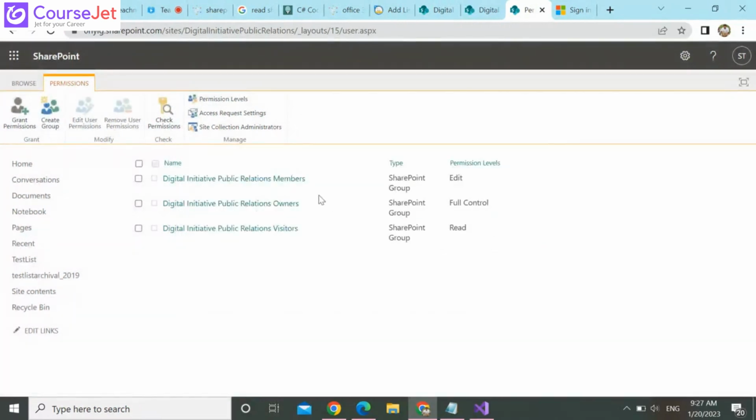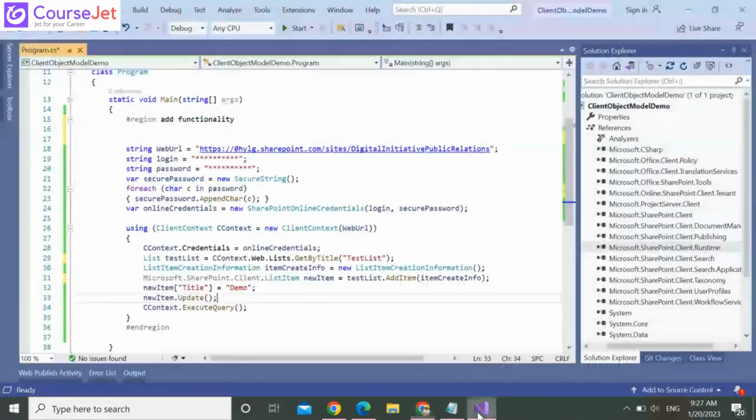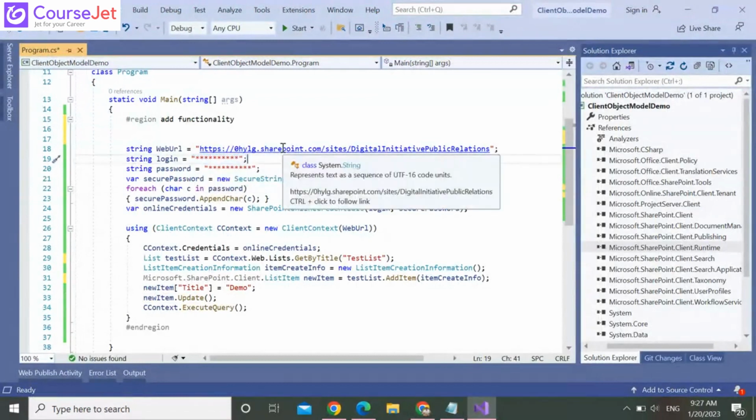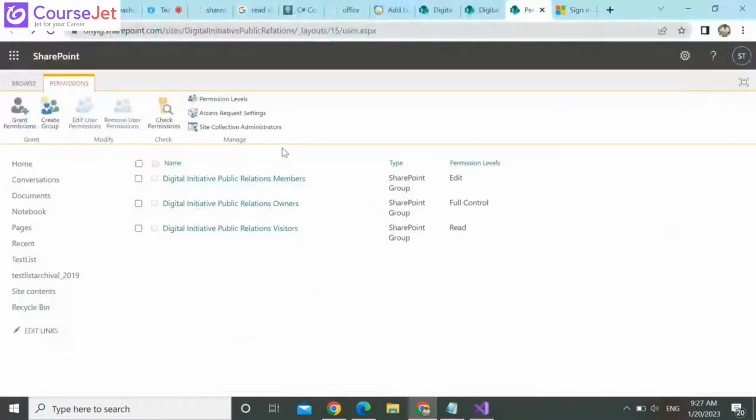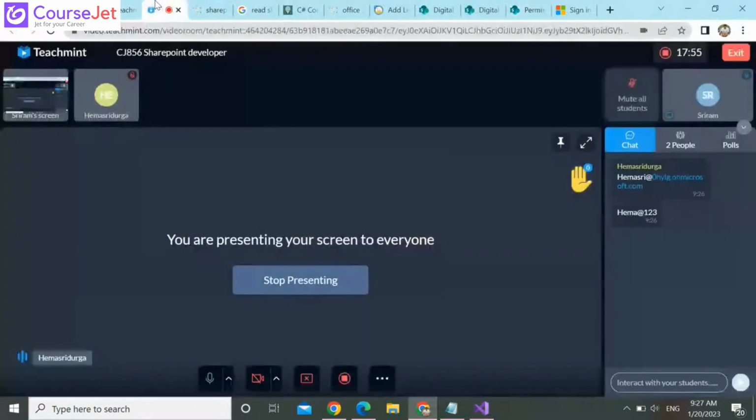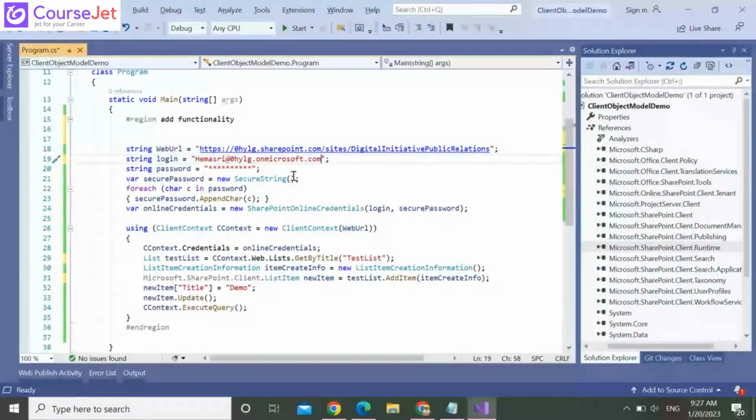It has permission. Okay, give the user ID here in login. MR123.